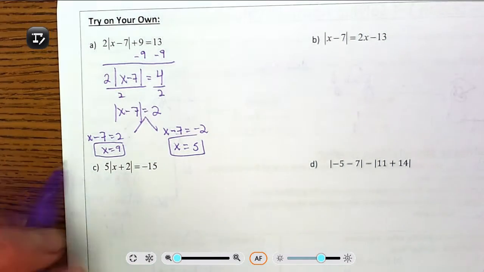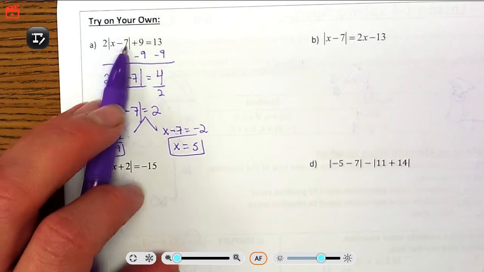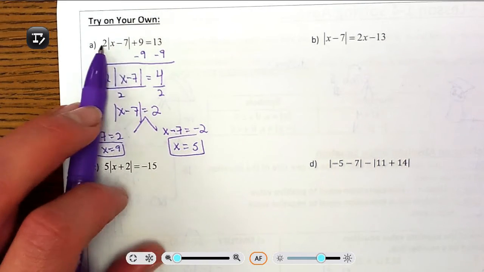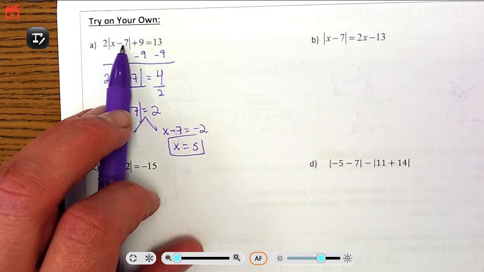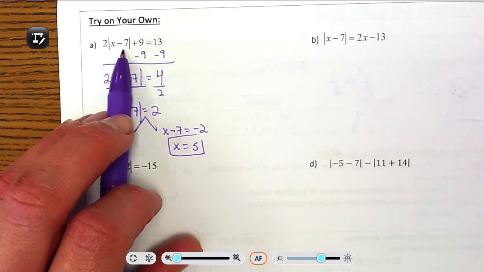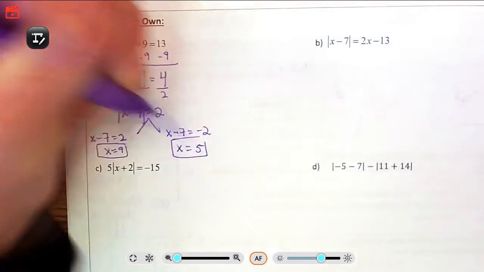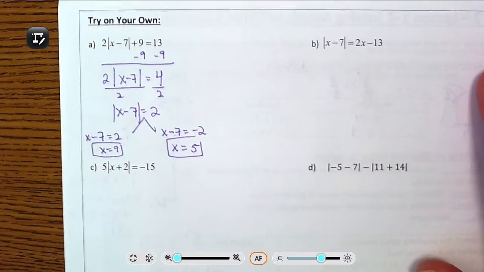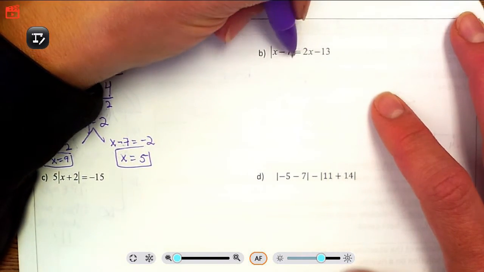Okay, both those answers should work. 9 minus 7 is 2. Absolute value is 2. 2 times 2 is 4. 4 and 9 is 13. 5. 5 minus 7 is negative 2. Absolute value is 2. Same ending. 2 times 2 is 4, plus 9 is 13. So both answers work. Over here on part B, we have an absolute value equal to this expression over here